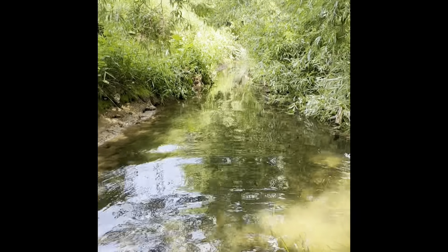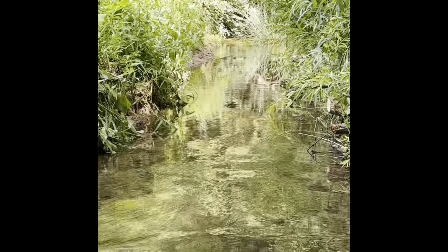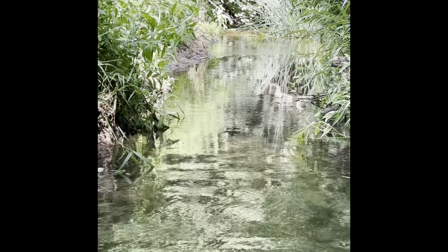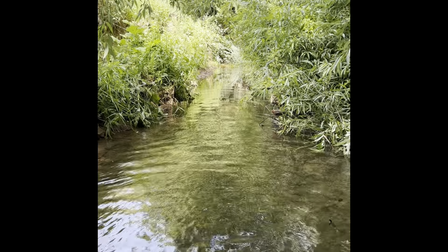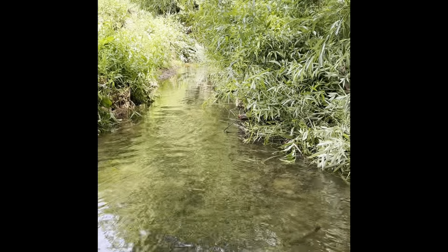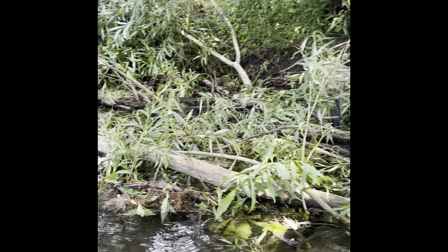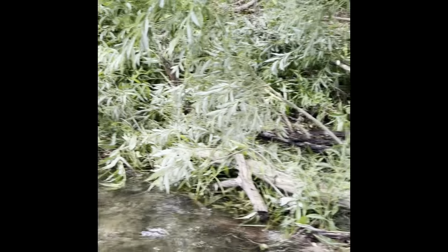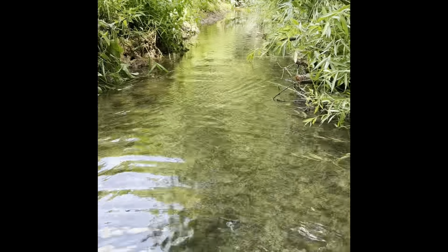In this video, you're now looking at having cleared half of the river channel to enable the water to flow downstream. So this is where the complete blockage was. And you can see I've moved the debris over here, and I'm going to stake some of that in so that it just kind of builds a bit of a raft. And it'll act, if you like, as a flow deflector, because I'm now stood in